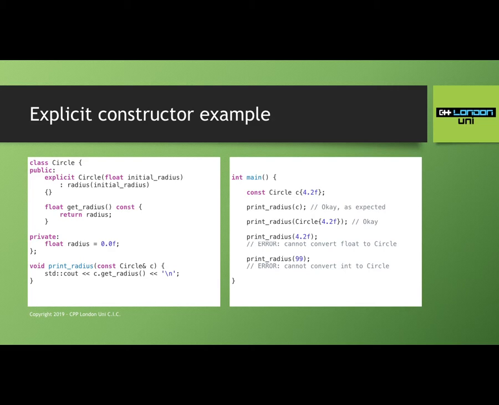And the takeaway from all that is whenever you have a constructor that takes one argument, put the word explicit in front of it. Even if you are not fussed about all of this stuff about implicit conversions, trust me, one day it will bite you and you will be surprised and you'll go, what is going on there? And all that confusion will go away if you just remember the rule of thumb: except in special circumstances, always put explicit in front of single argument constructors.